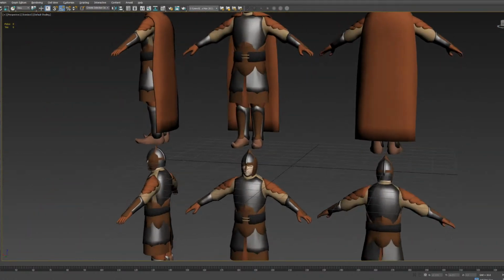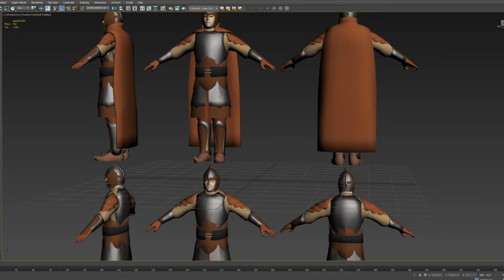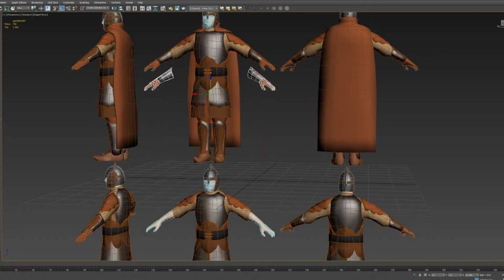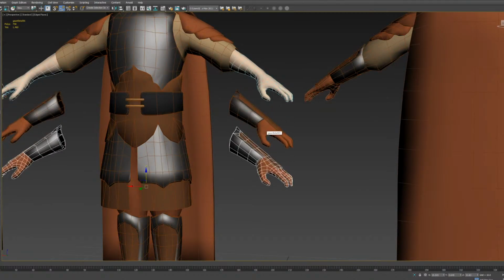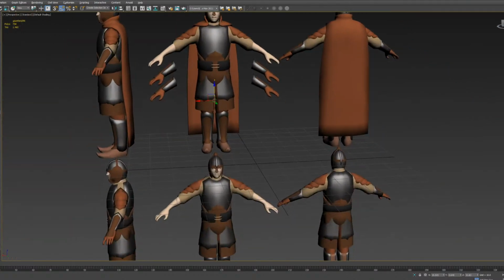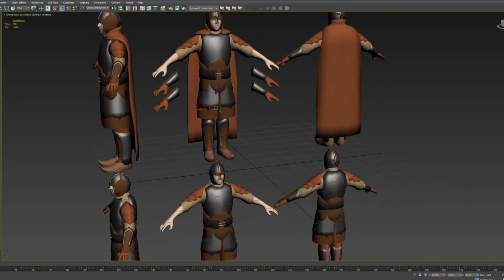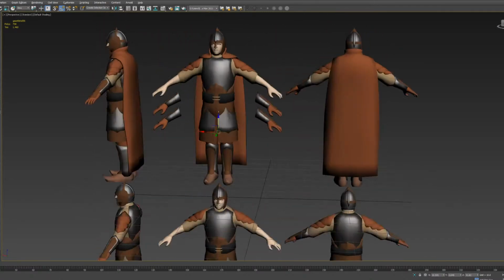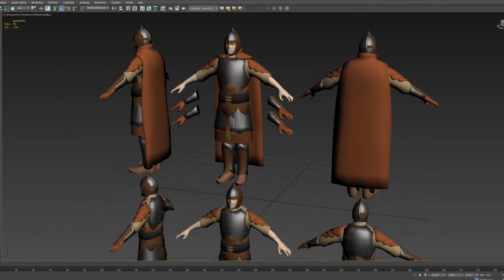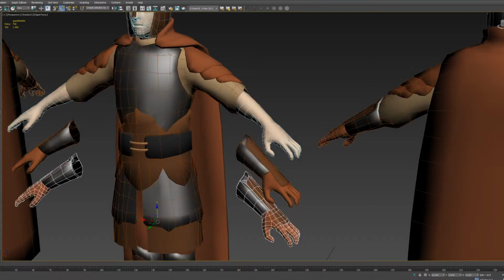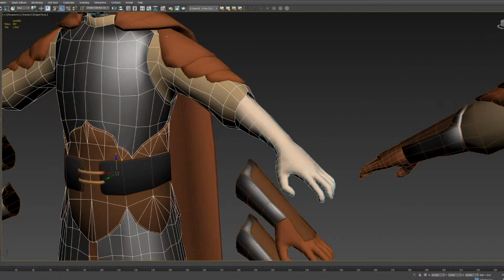So these should be the two different variants. Let me see if I can highlight what I mean. I think those two are the same meshes, so that's not a great example. Oh no, it's the same asset, damn it. Anyway, the point I was trying to make, and I failed,